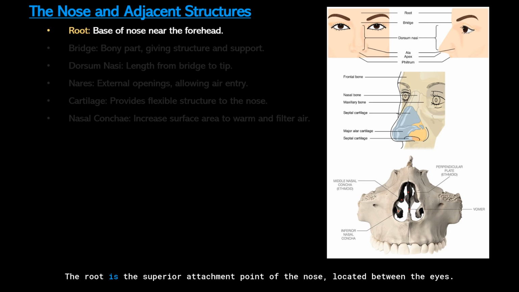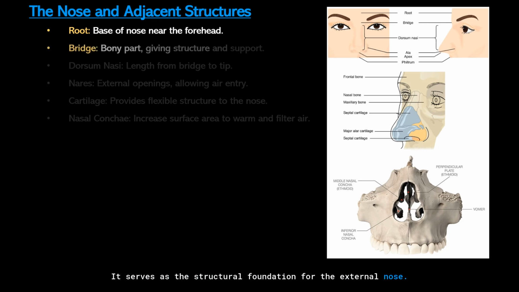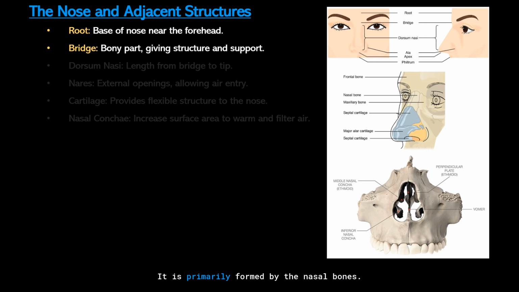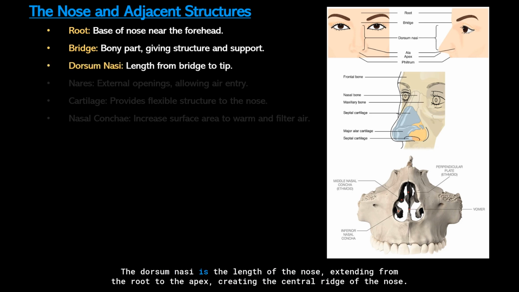The root is the superior attachment point of the nose located between the eyes. It serves as the structural foundation for the external nose. The bridge forms the bony upper part of the nose, providing structural support and shape. It is primarily formed by the nasal bones. The dorsum nasi is the length of the nose, extending from the root to the apex, creating the central ridge